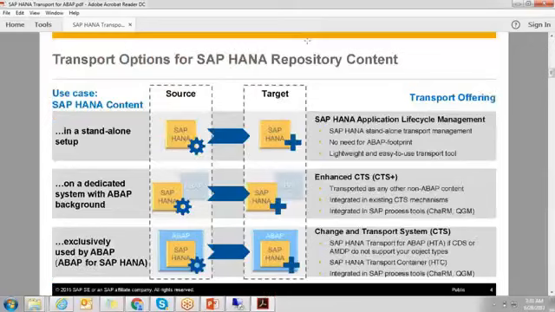There are 3 ways we already discussed: direct HALM, extended CTS, and CTS.